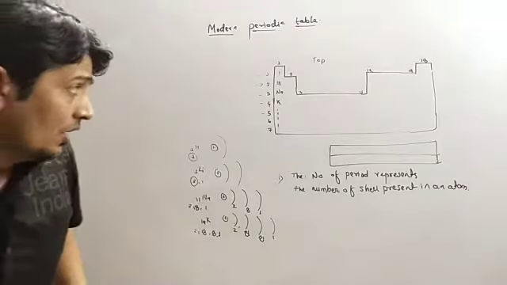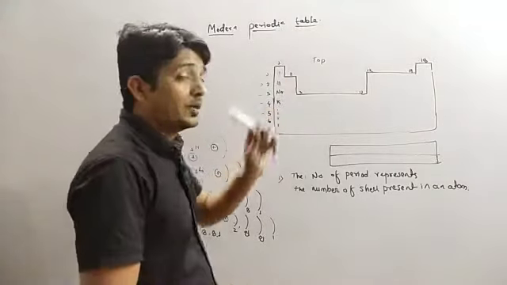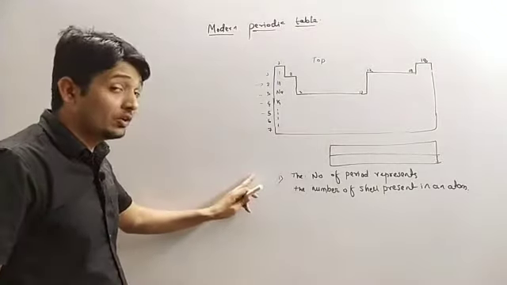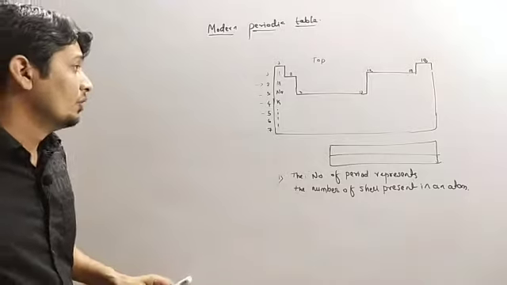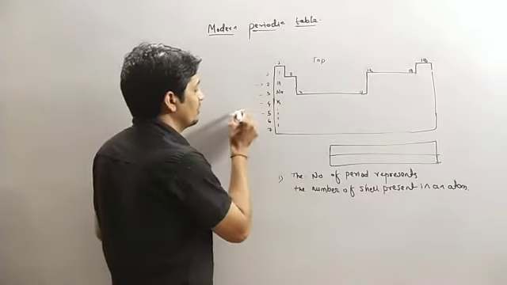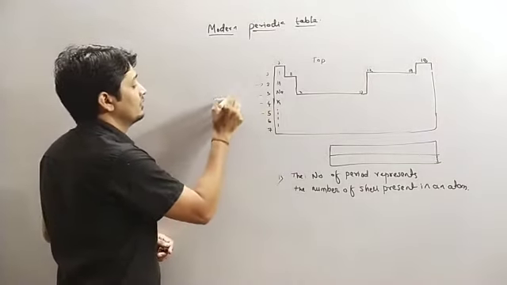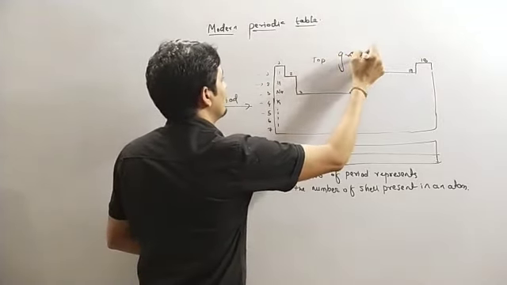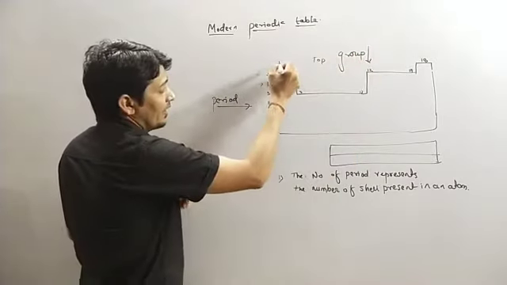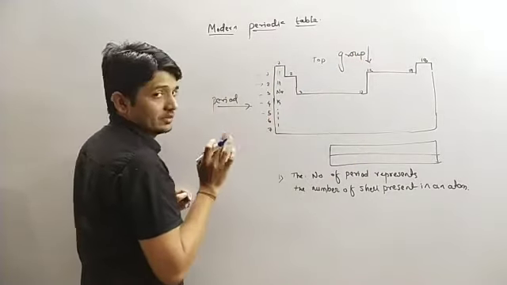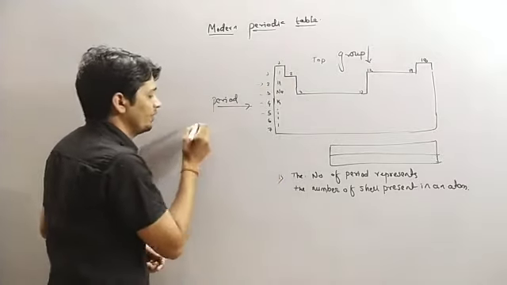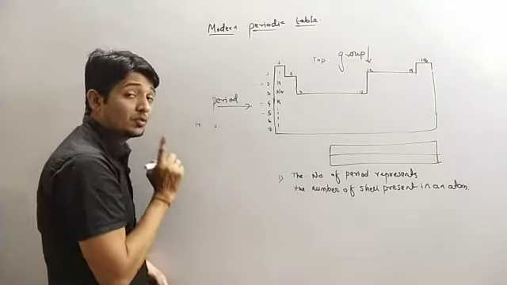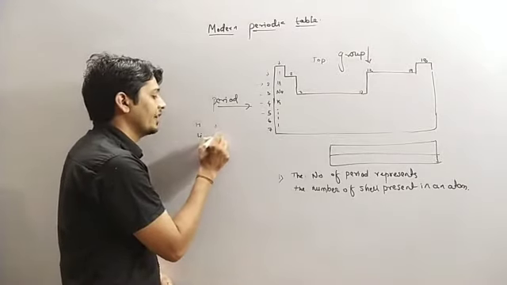So now what does the number of group represent? We have to understand about the group also. So this is for the period. Now for groups, so we know this is the period and this is group. See, elements of group 1, if we understand the elements of group 1, we have just seen that hydrogen contains 1 electron in its outermost shell.